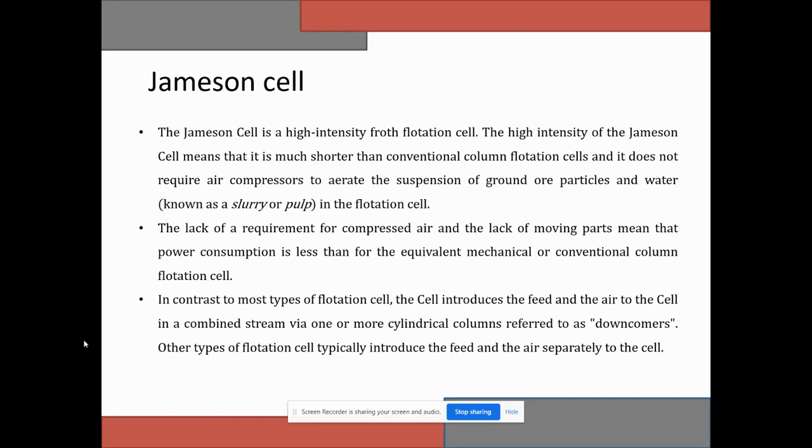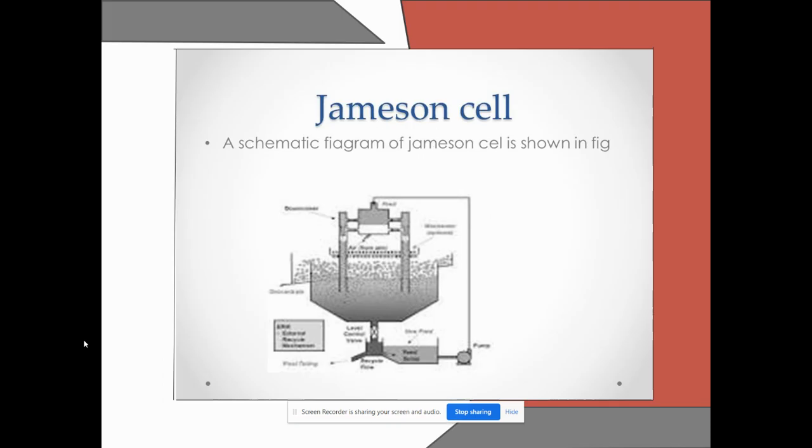Jameson cell. The Jameson cell is a high-intensity flotation cell. A Jameson cell consists of three main zones: the downcomer, the tank pulp zone, and the tank froth zone. Looking into the mechanism, intense contact of air bubbles and particles occurs in the downcomer. Feed is pumped through the slurry lens orifice, creating a high-pressure jet. The jet of liquid shears and entrains air from the atmosphere. Removal of air inside the downcomer creates a vacuum, causing liquid to be drawn up inside the downcomer.